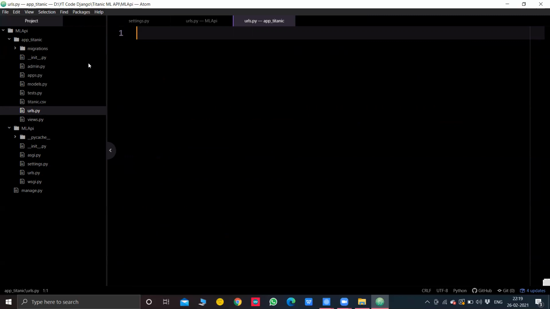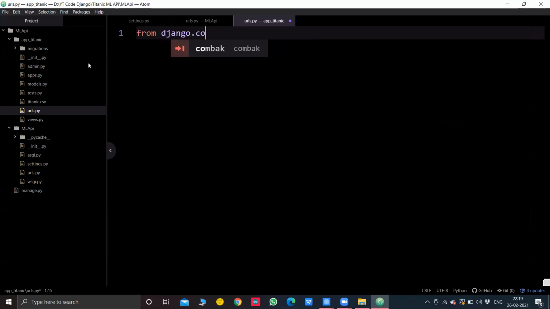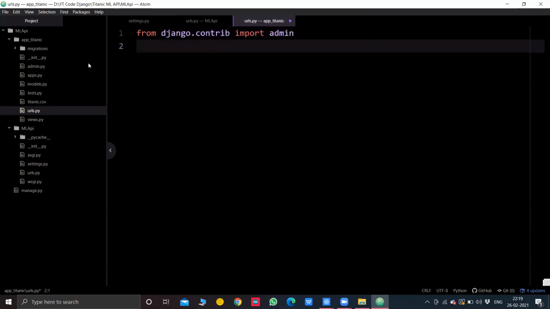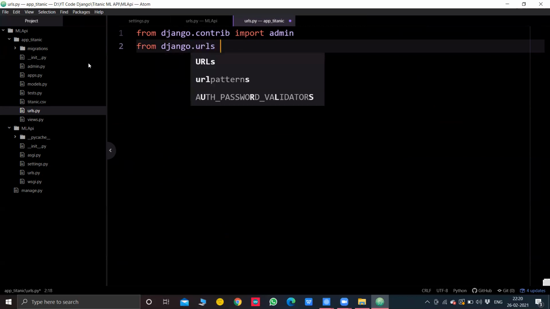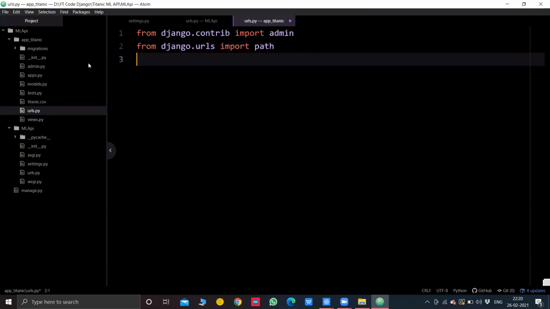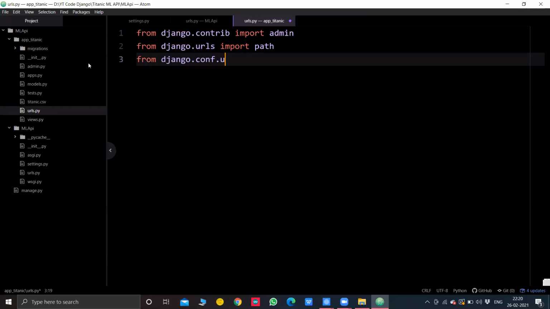From django.contrib import admin, then from django.urls import path, then from django.conf.urls import include.